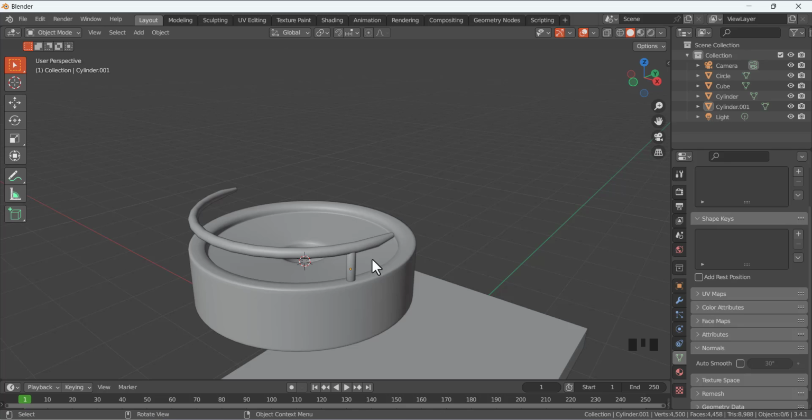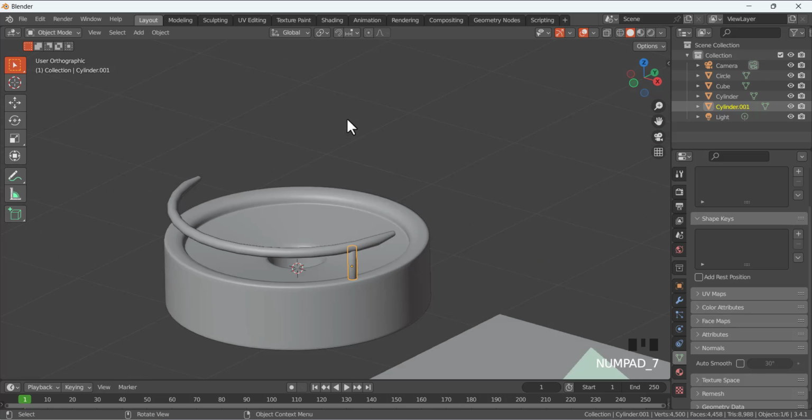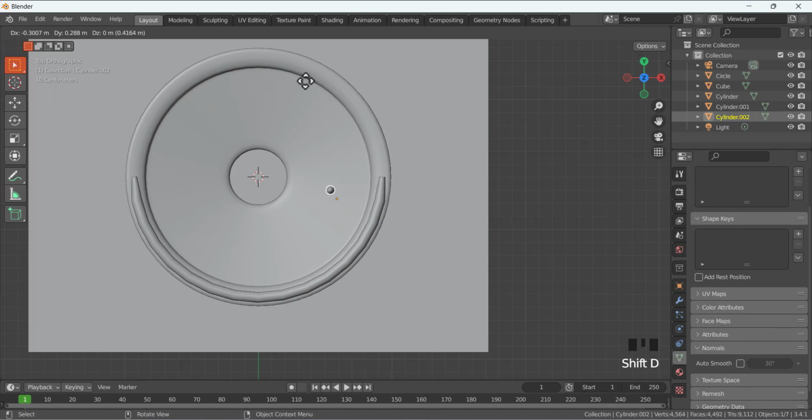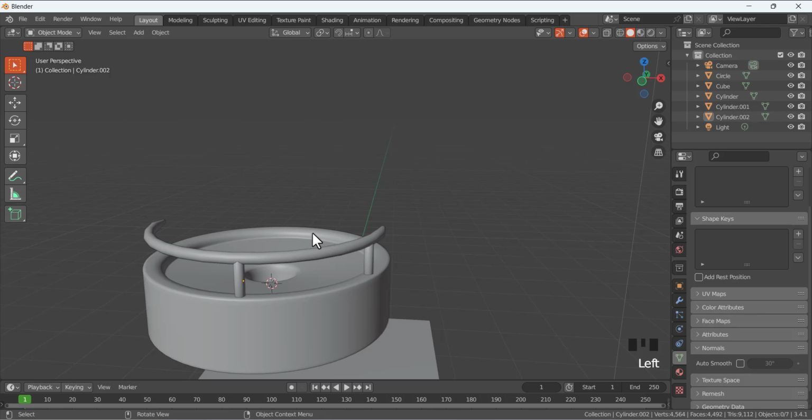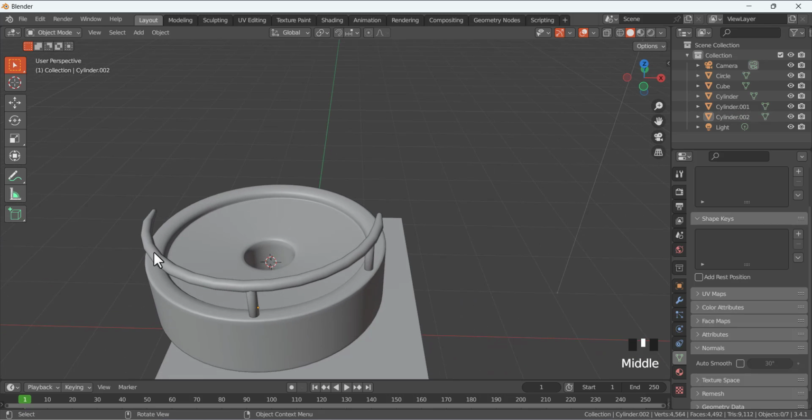So select this one, make sure you are in the object mode, press 7 on your numpad and Shift D to duplicate this one and place it at the middle like that. Now you can see you added another one, and same way we can add another one, or we can also